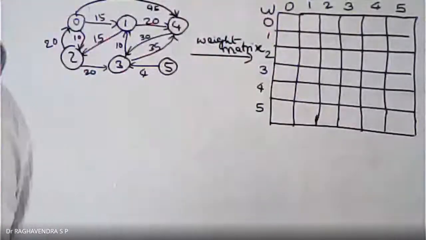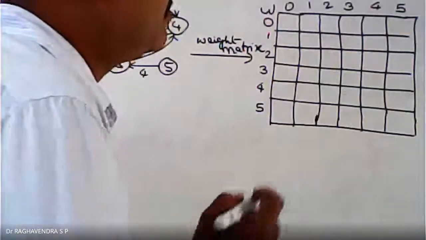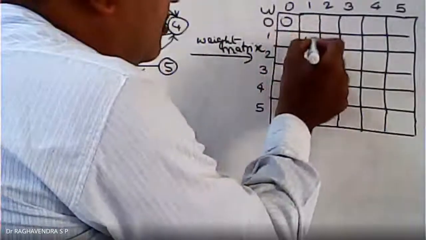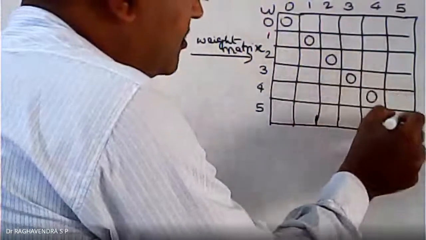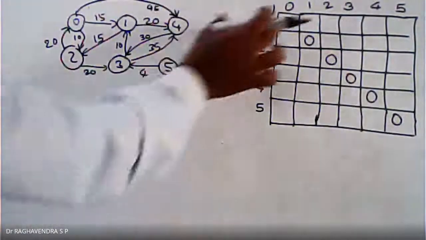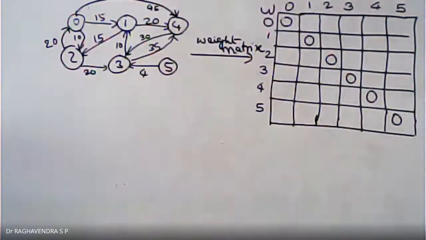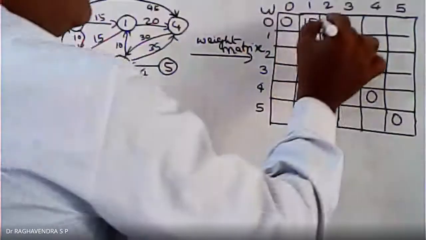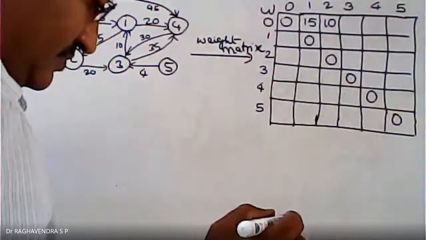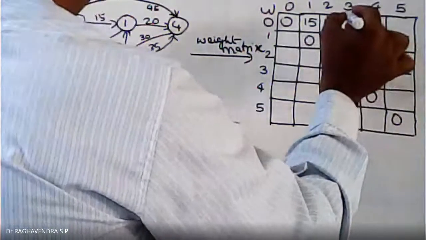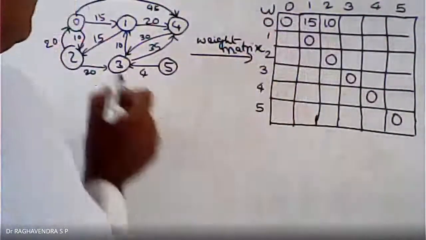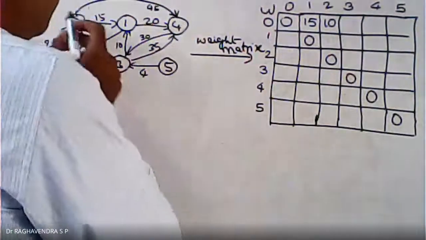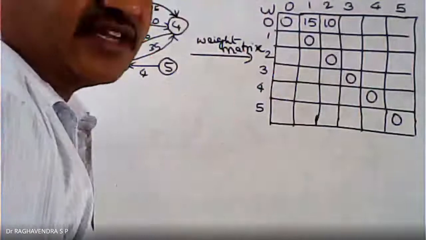Tell me the principal diagonal values. 0. Very good: 0, 0, 0, 0, 0, 0. Now go through the graph and tell me the values. 0 to 1, 15. 0 to 2, 10. 0 to 3, there is no direct edge. In a cost adjacency matrix, if there is no direct edge,